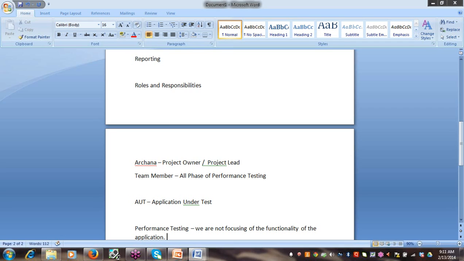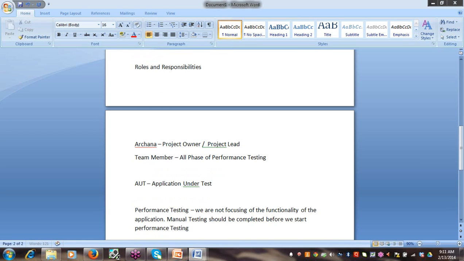Always remember, manual testing should be completed before we start performance testing, and the application should be stable. Okay,